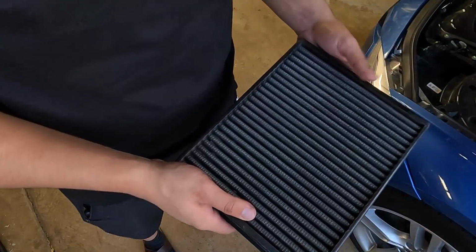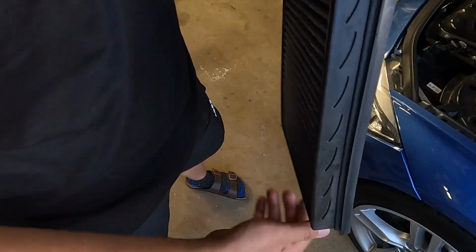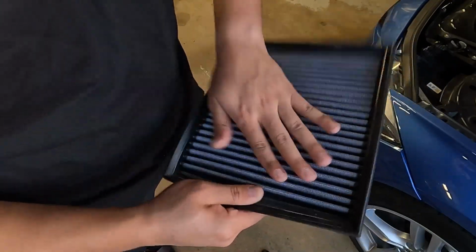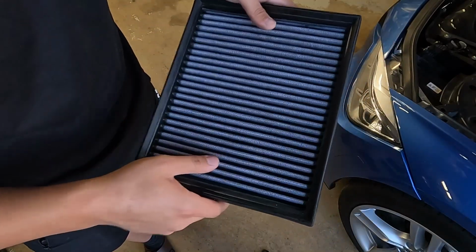As we saw in the instructions, the first step was to gently tap the dirty side down. So this is the dirty, this is the clean. So we're gonna flip it over and let's just tap it. Get some of that dirt out, even if it's not coming out, but I doubt it is. But